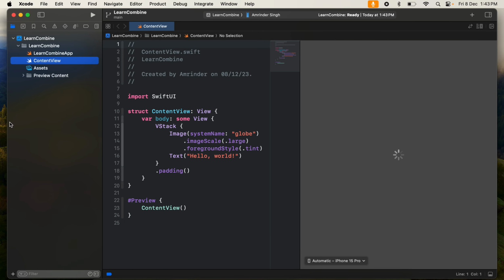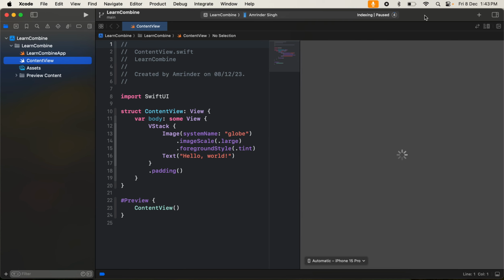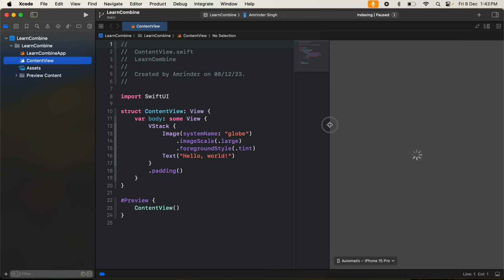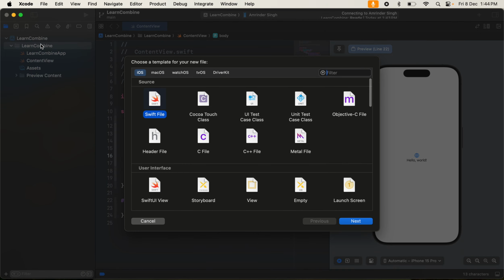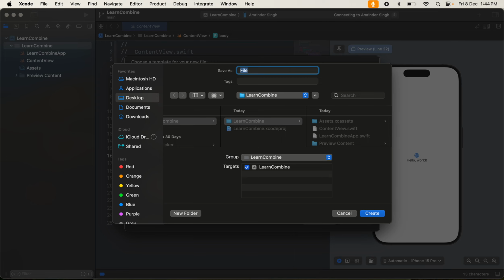Okay, now the project is created. Let's start. Let's wait for a preview. Okay, so now we have a Hello World application. Now you can see we have a Hello World text inside a Text view. Suppose we have two files, right? We have another class and we have to fetch this text from the other class. How will we do it? Okay, let's create one new Swift file called